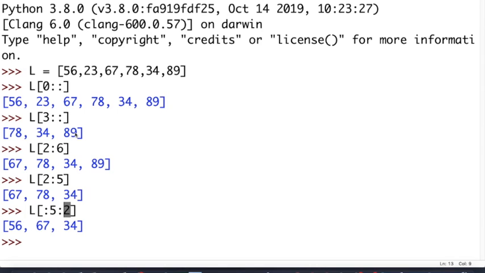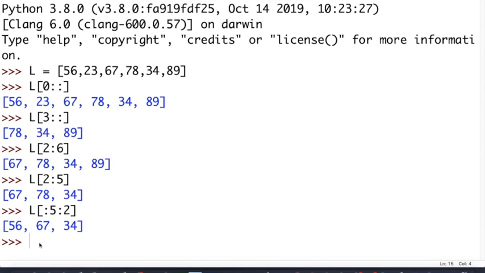So let us find out how to do this. Our starting index is 0. Standing at 56, we will take 1, 2 and the third element is 67. So the next element in the list will be 67. Again we have to take 2 elements. Starting from 67, we have 67 as first element, 78 as second element. That means 2 steps are taken, and then we reach 34, which is our ending index. The ending index was 4, and hence we are reaching 34, and this list produces 56, 67 and 34. So it is behaving exactly the same way as strings, right?